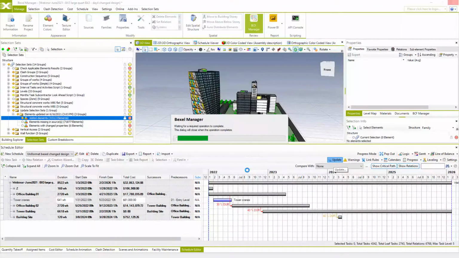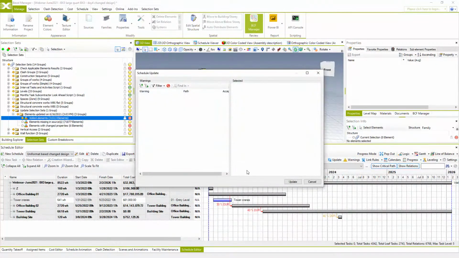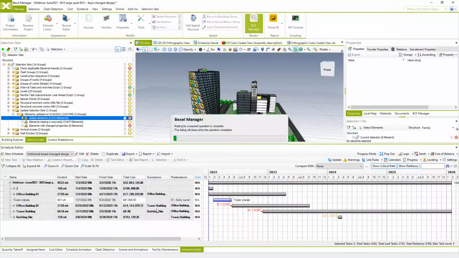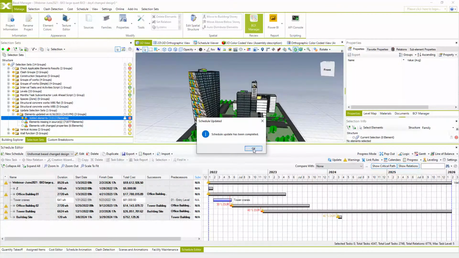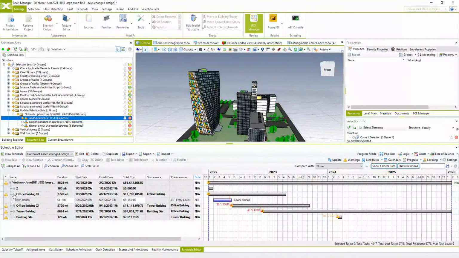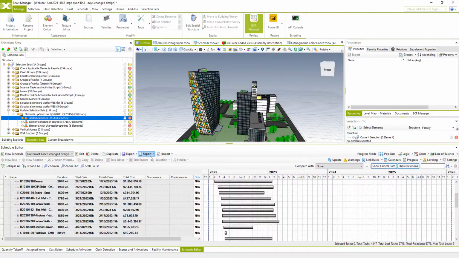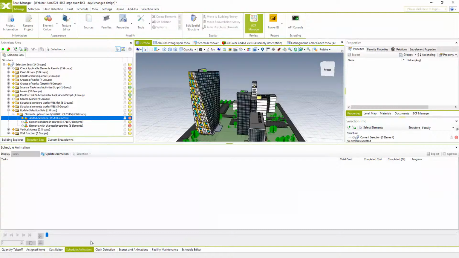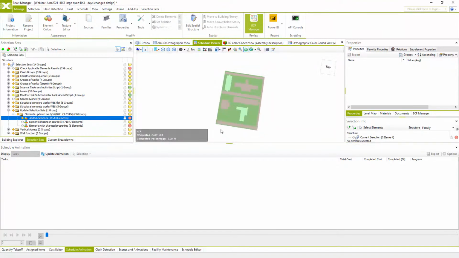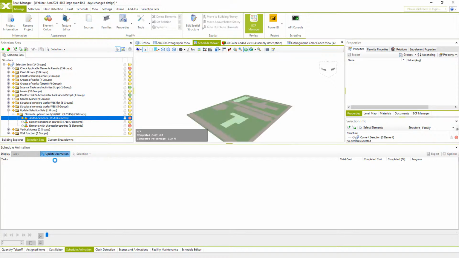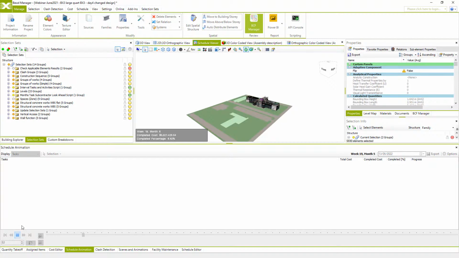So when this process of updating is completed, we will hit update in this window, wait a little bit more, and hit OK. So when entire process is updated, you see entire schedule, task relations and duration are preserved. Everything is as we planned, and we can even go to schedule view and see our new schedule animation updated and play. Simulation again includes cost,